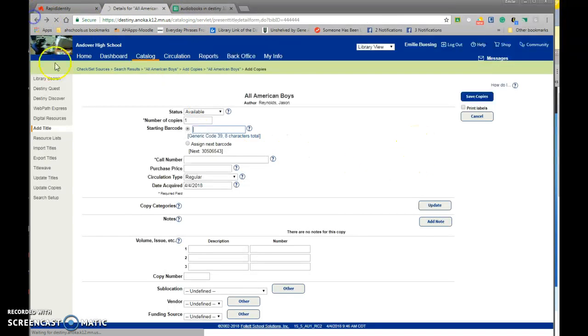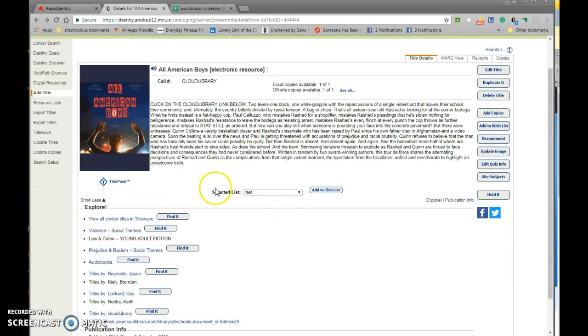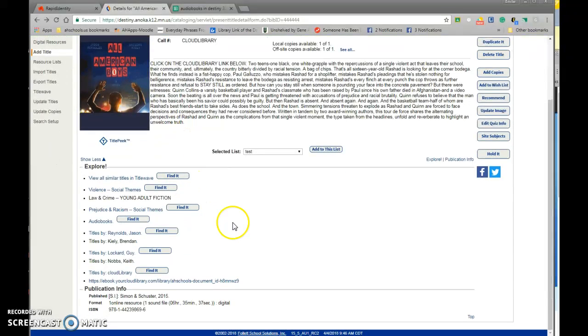When I created all of these cataloged items, I started by putting "click on the library link below." I left the information they gave us minus the extra hubbub of what School Library Journal said or any quotes from other people, because a lot of the time they just took what was on the back of the book. And then they have an extra picture down here usually, so I removed that. When you click on this link below,